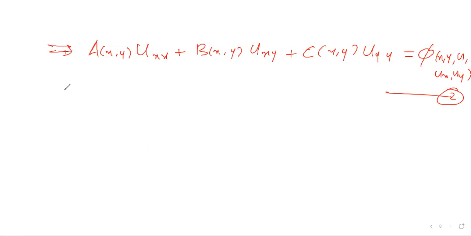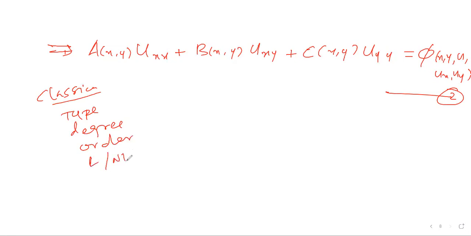Okay. So already we have seen for first order and any orders in the classification, in the sense, what is the type, what is the degree, order, linear and non-linear, and homogeneous or non-homogeneous. These cases also we have seen for general idea. But for the second order PDE, we are going to